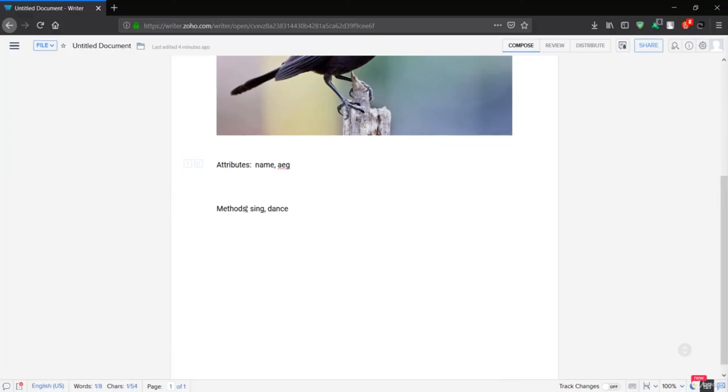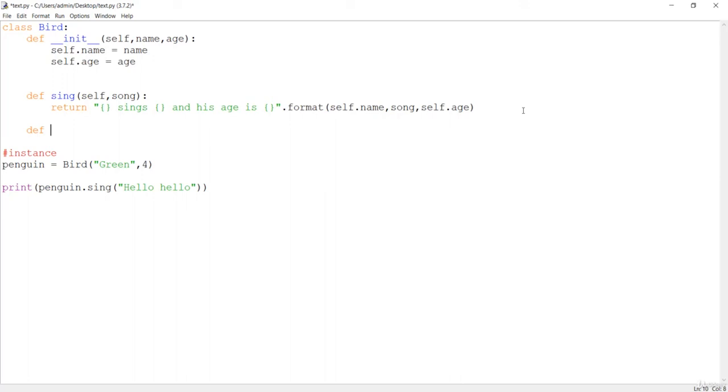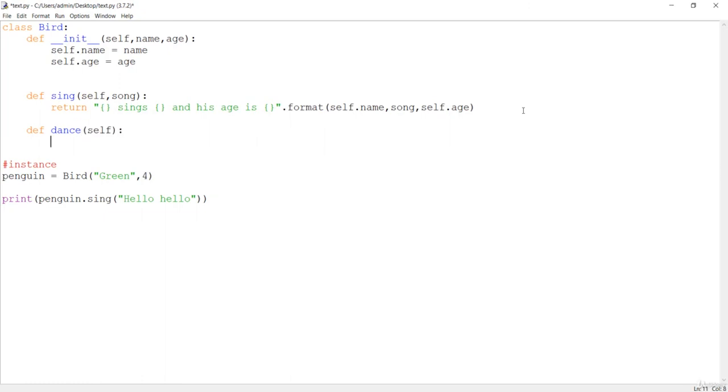So next thing is we have seen here the methods are sing and dance. So let's create this dance method also. So you know how to create the method now. It is done inside the class, and we'll say dance, and now the first argument to this method will be self, and we don't want anything to be passed, only self. That means we'll just make the function over here,